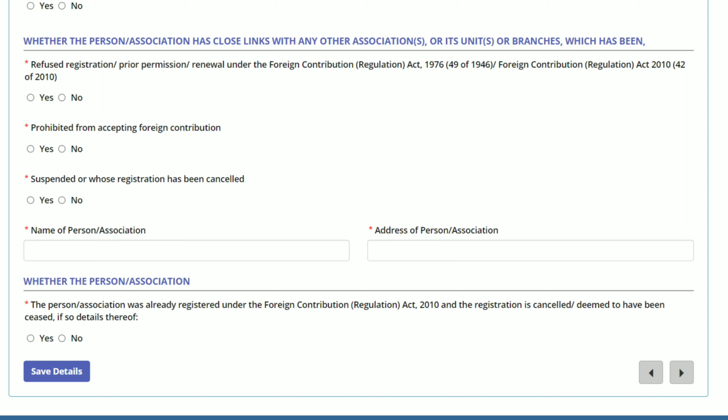Such questions have to be answered by each organization by clicking on either yes or no, and in case of yes, they have to provide the further details as required in the form.